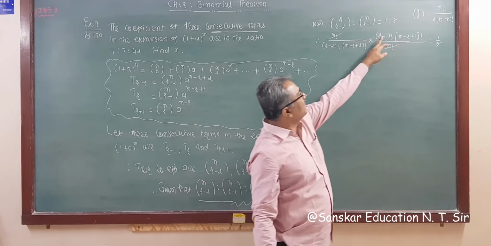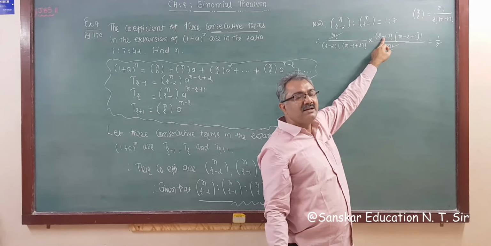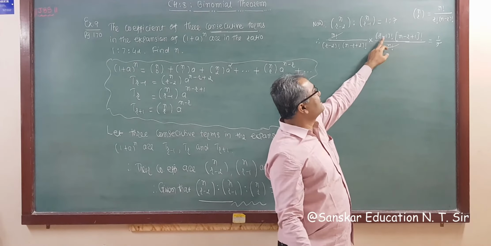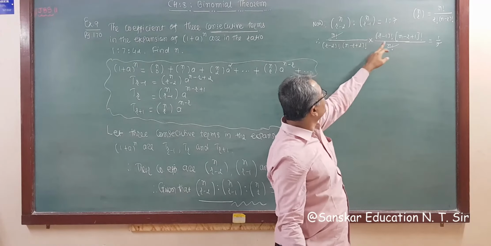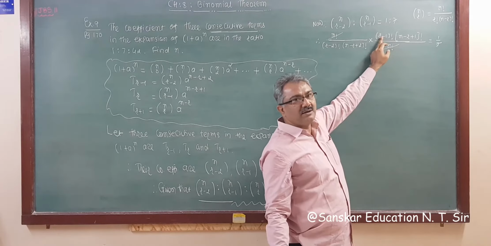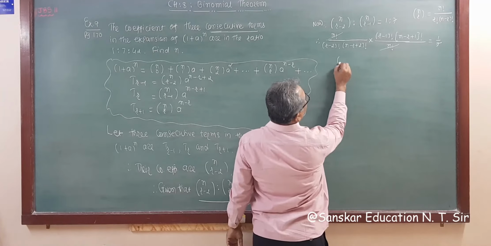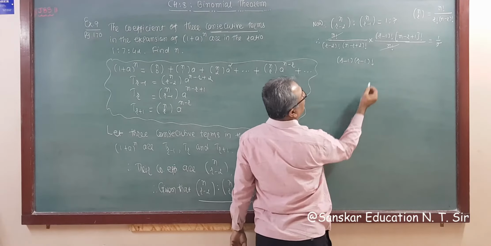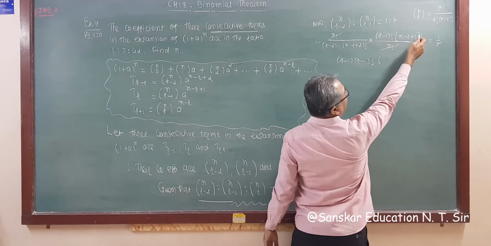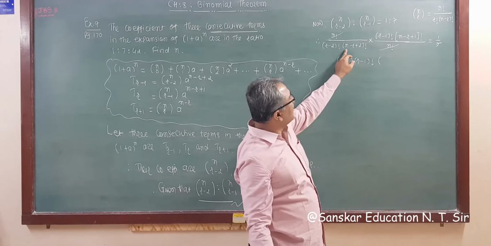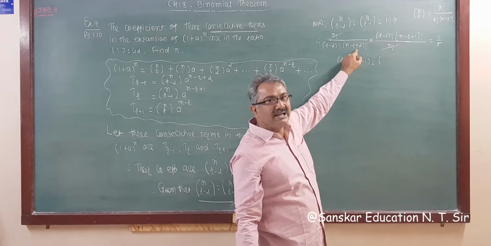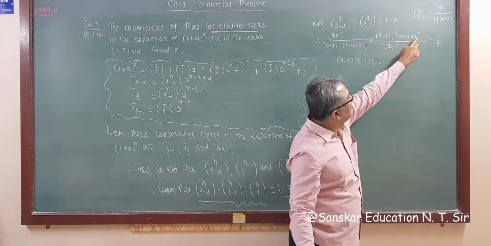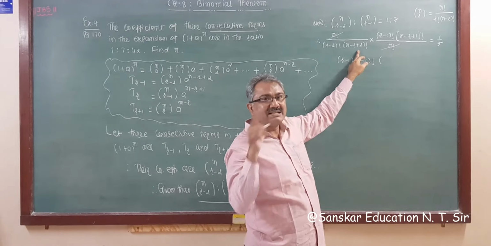Now this is r minus 1. If we less 1, then this is r minus 2, right? Because this is a bigger number, this is a small number. So I am writing this as (r minus 1) into (r minus 2) factorial. This is n minus r plus 1 and this is n minus r plus 2. So this is the bigger number, both same, here plus 1, here plus 2.